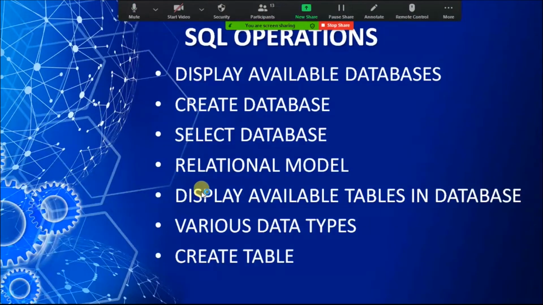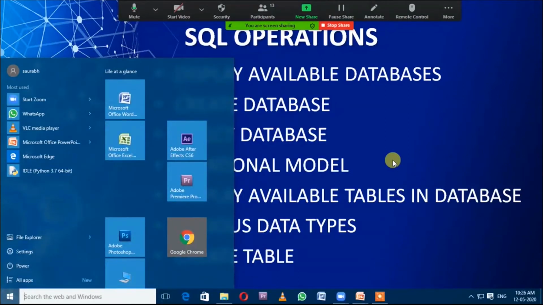So let's see, to run all the SQL commands, we need to install MySQL first of all. When you have installed MySQL on your PC, move to the window option, press the window button, and the search box will appear on the screen.